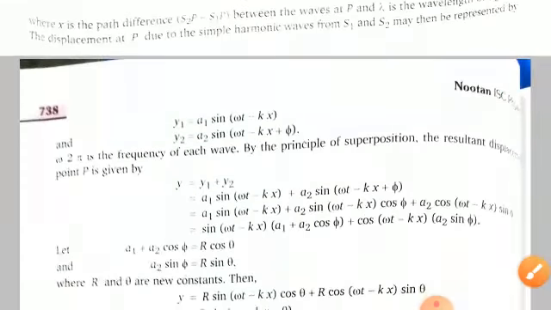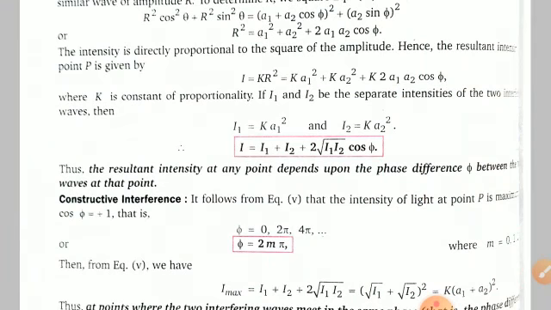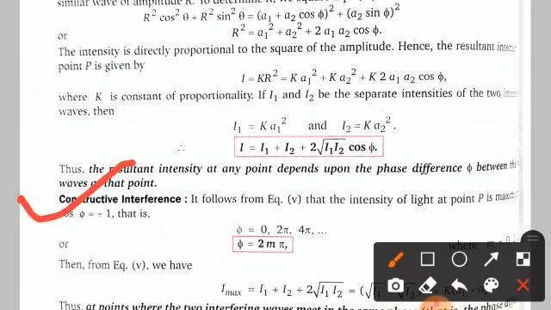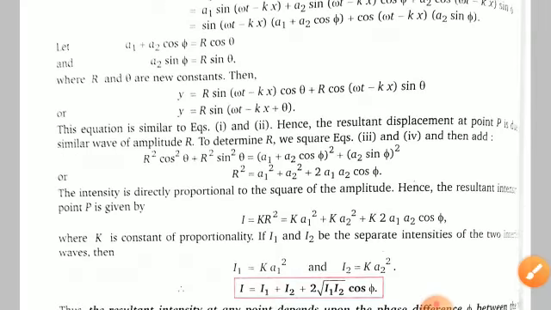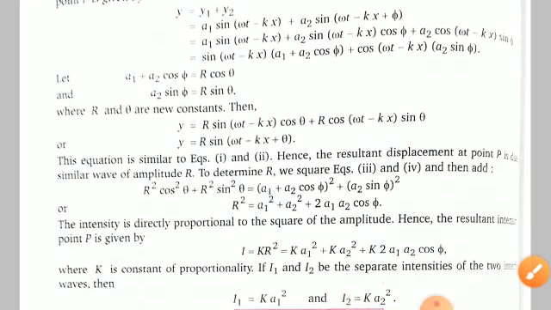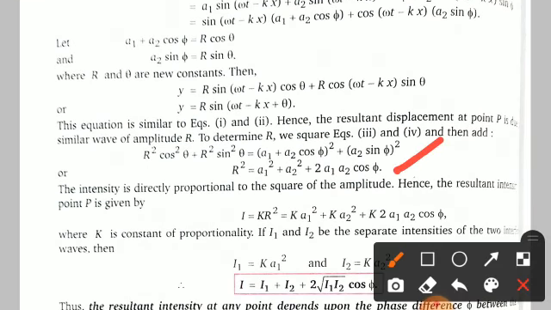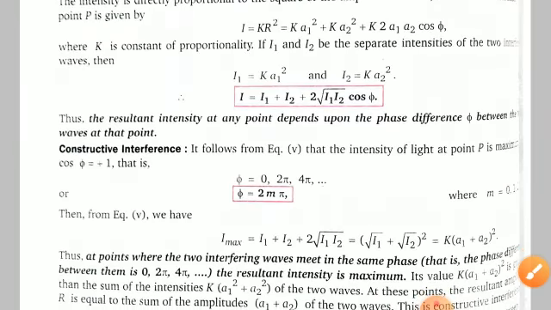So today, this is lecture number 2, and we are covering constructive interference, because we have already found the resultant intensity at point P. I hope you know very well what I taught in lecture number 1. So today we will discuss constructive interference. You can see here equation number 5, the intensity equation. From the fifth equation, the intensity of light at point P is maximum when cos phi